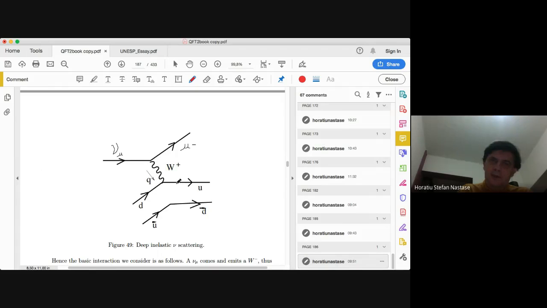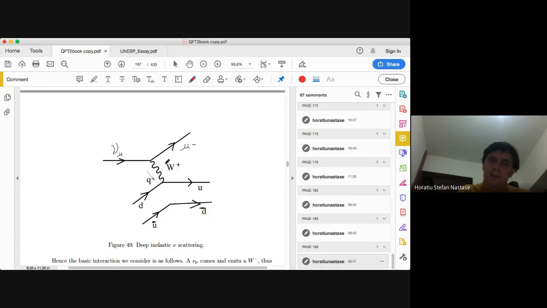pops out, let's say, a photon. So the final state is a state with a photon and the original electron. But now I want to probe the proton with a W,